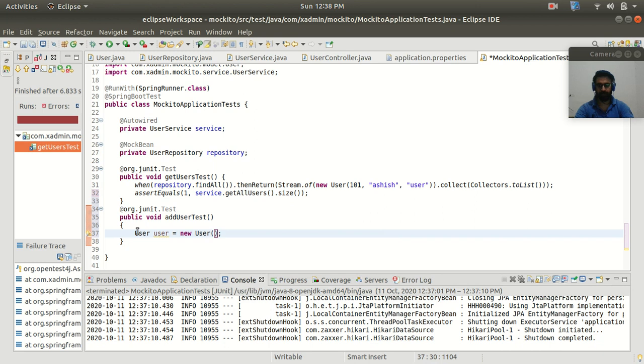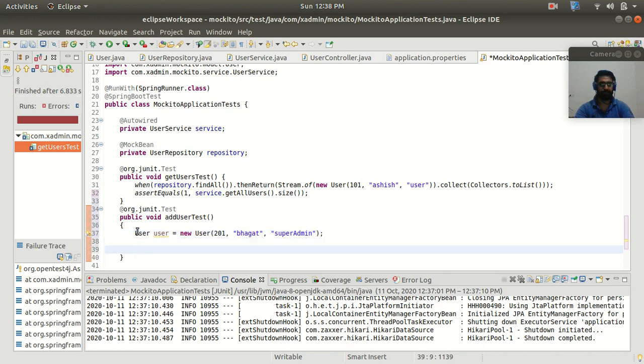And here I'm going to pass the values, let's say 201 as the ID, and the name I will pass as Bhagat, and the role I will pass as super admin.